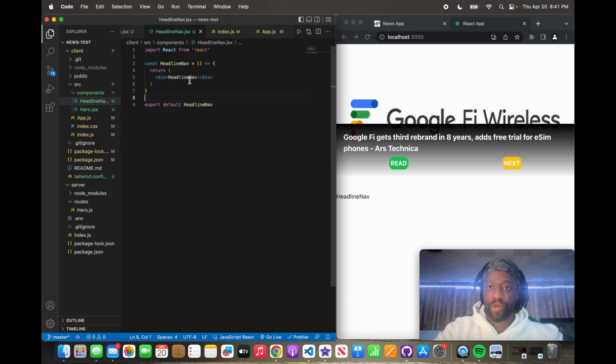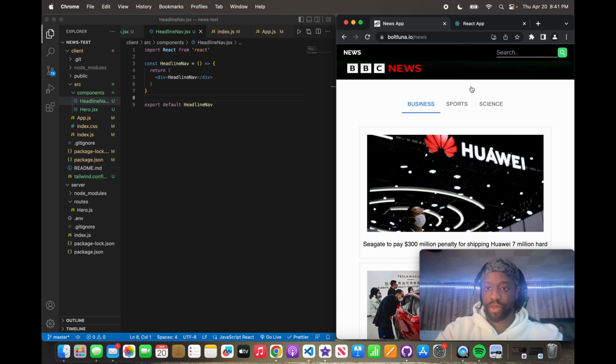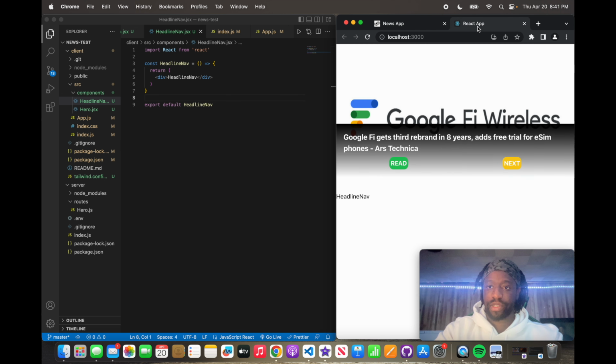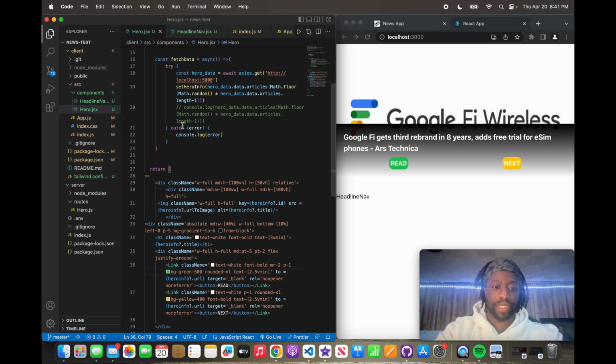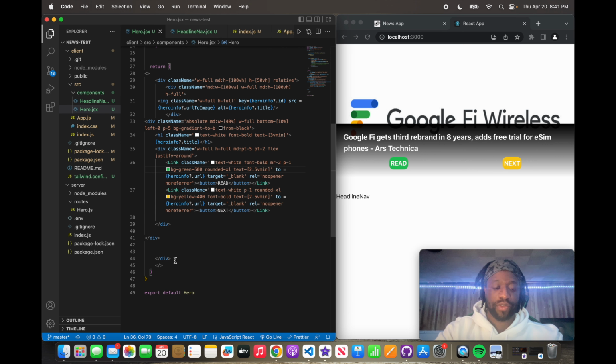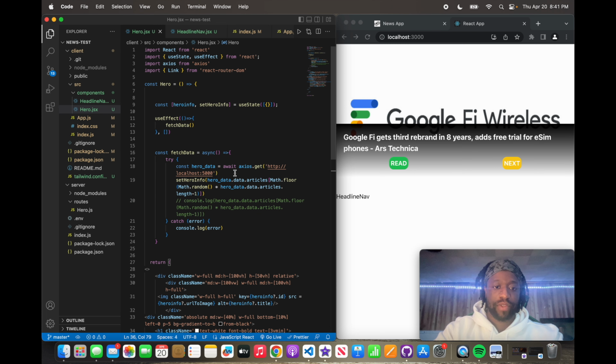However, remember, we want it to be this, these 3 tabs. So what I'm going to do, just to preserve the amount of requests we can make, is go over here and comment out everything in here, just so we don't keep